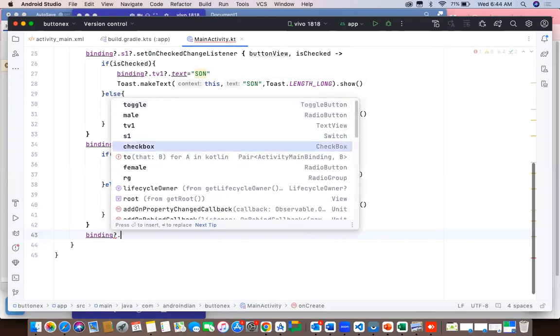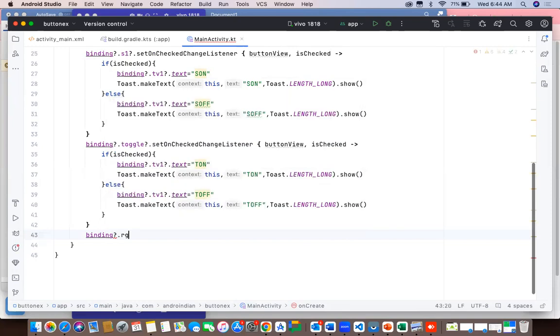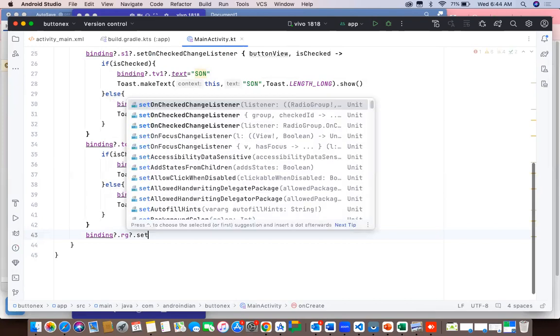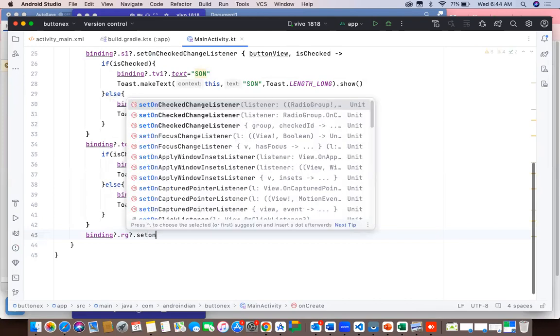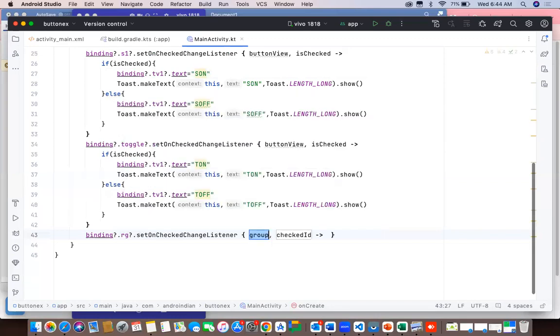Radio group. RG dot set OnCheckedChangeListener. So it is also the same listener, but the return type will come as different. For a checkbox it is checked, because it is a single button, so it is checking or not. But here it is a group ID, so it will come differently. So here based on this, checkedId